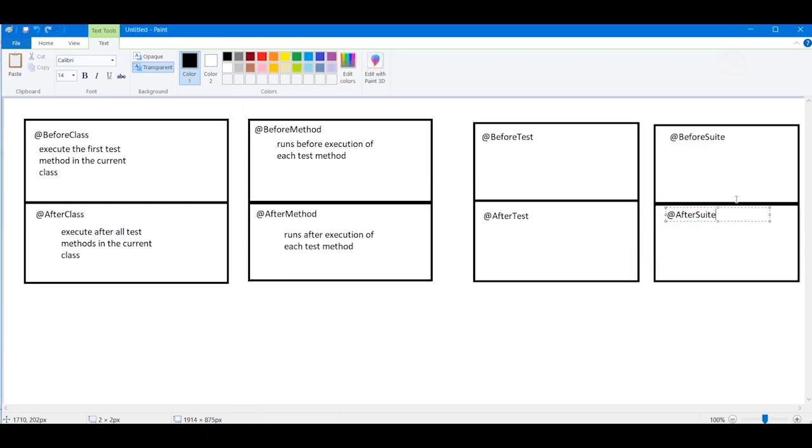Just see the hierarchy. I hope you get an idea now. You can see the documentation for TestNG online, just do some research on that.